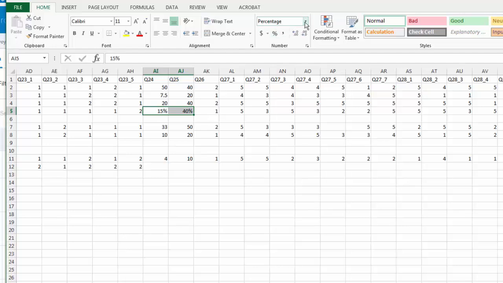Excel interpreted them as percentages, so you have to change that back to general format and then type the actual values, 15 and 40. That seems like a lot of work, doesn't it? It's called cleaning your data, and it's tedious. You would wish that your respondents would simply follow the instructions, but sometimes you just have to go in and